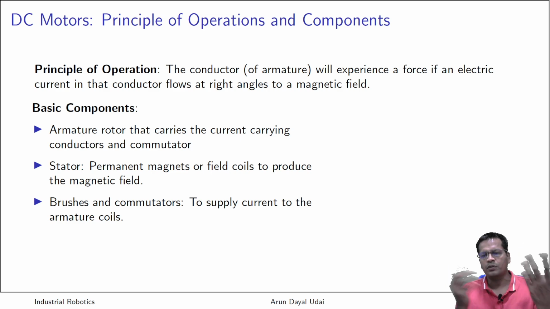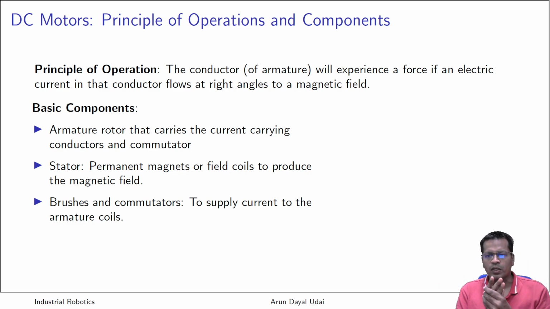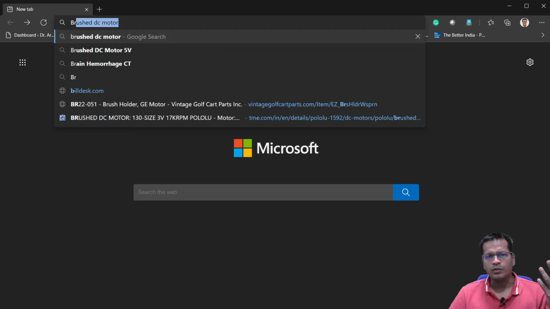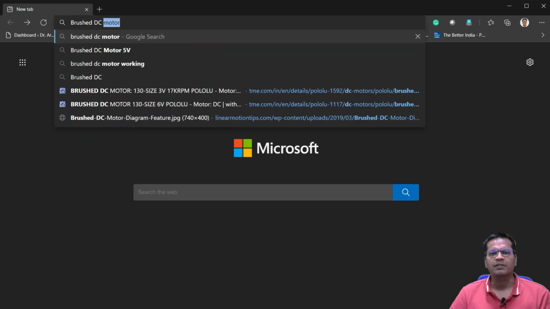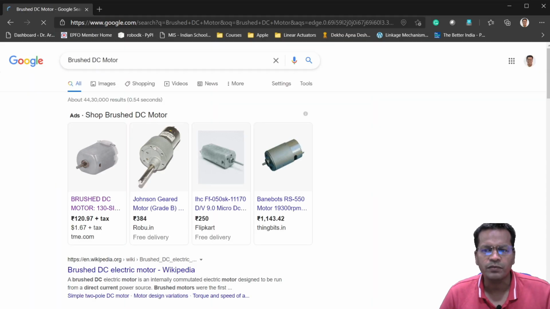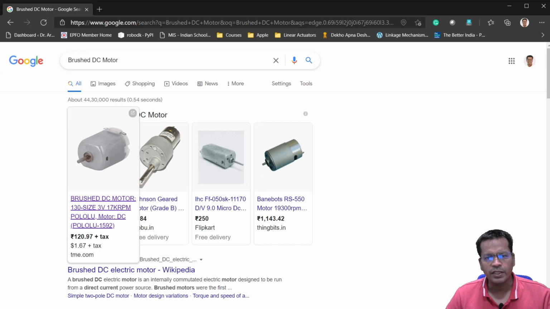I will open it up one by one and show you what components are there, how it looks, and how they are arranged inside the DC motor. Got it? So let me see, maybe a very popular one. If you just browse the internet and type brush DC motor, you will see something very similar to this, which is very popular.